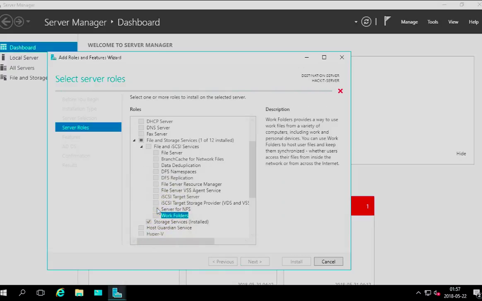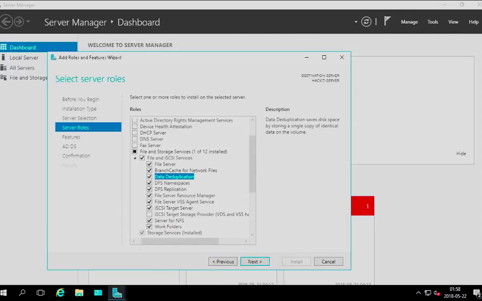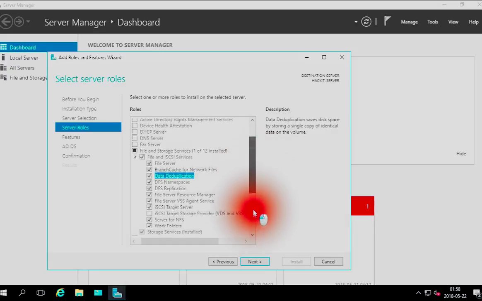Mainly, I will add this and pause. So I added the features. Only one thing I skipped. This is for VDS, the virtual disk service, and we don't need to worry about the virtual drives. So in this roles